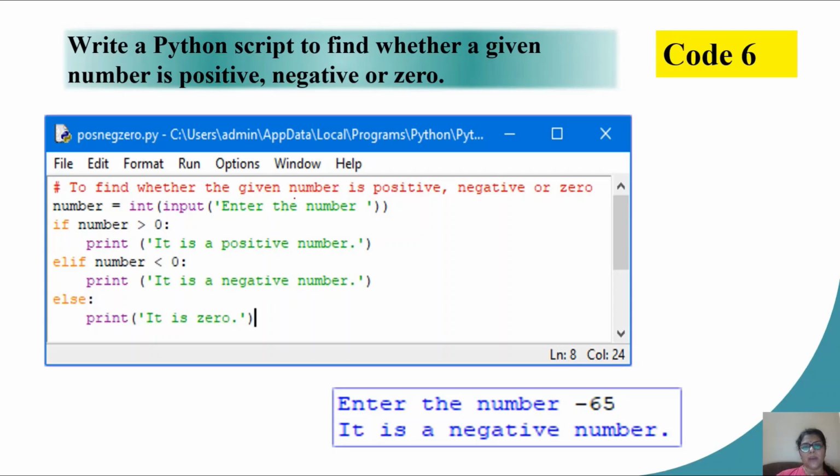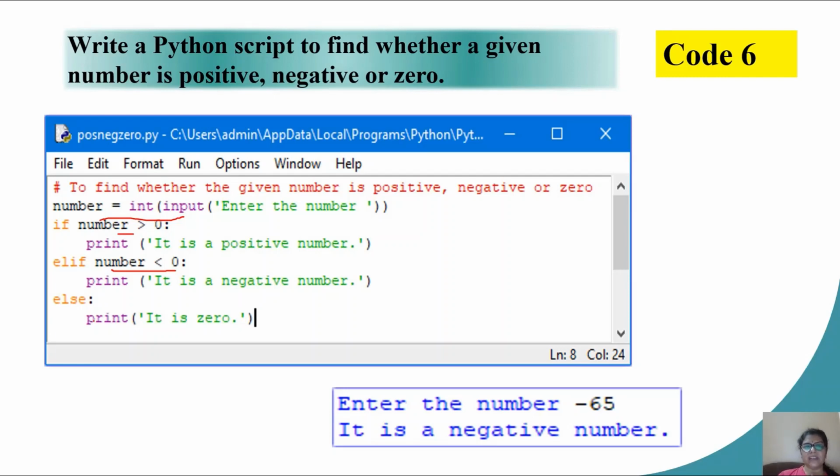Here in this program, I want to find out if the number is positive, negative or 0. So I take an integer input, numeric input, in the variable number. I want to check if that number is greater than 0. I print the message it is positive. If my number is less than 0, I'll give the message it is a negative number.